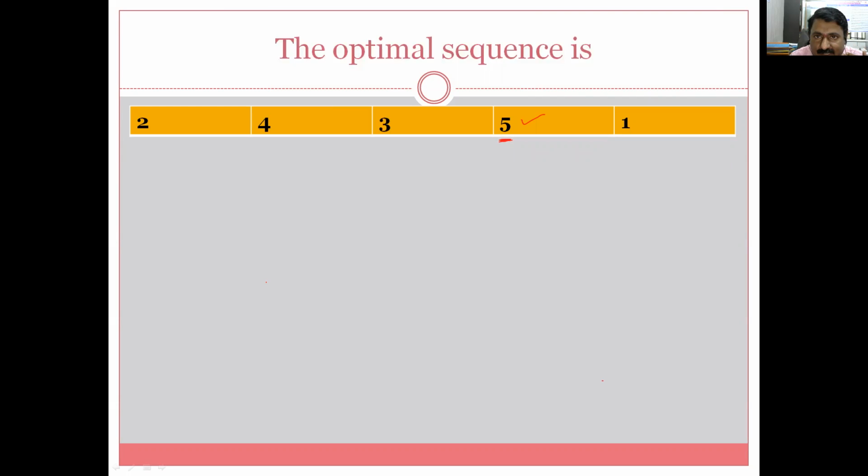So friends, now see here what is the sequence. The sequence you can see as 2, 4, 3, 5, 1. We have applied this based on the minimum processing time. If the processing time is from machine 1, then give it to sequence number 1. If the lesser processing time is from machine M2, then give it at the last side, and coming from the last side to the center, coming from this side to the center. In this way, we are solving the problem. Now the sequence is finalized: 2, 4, 3, 5, 1.